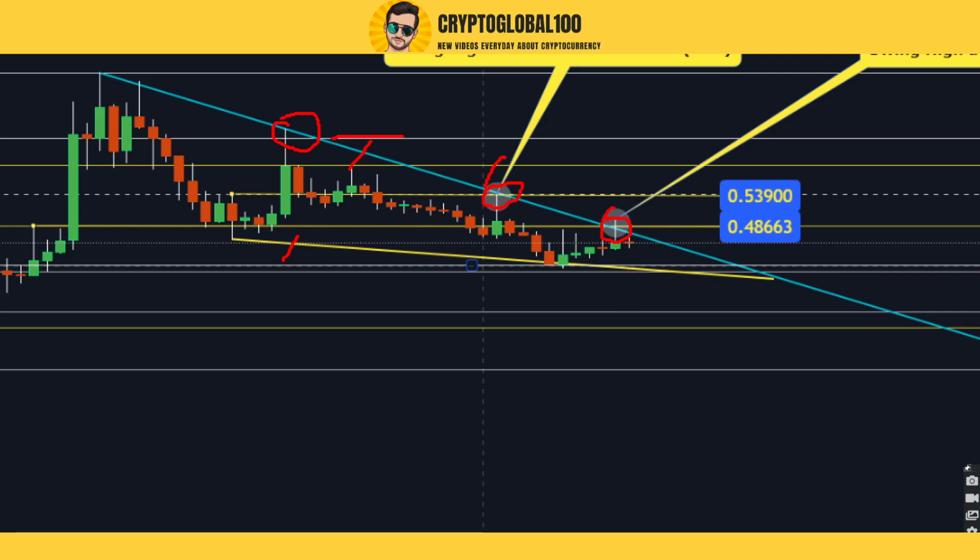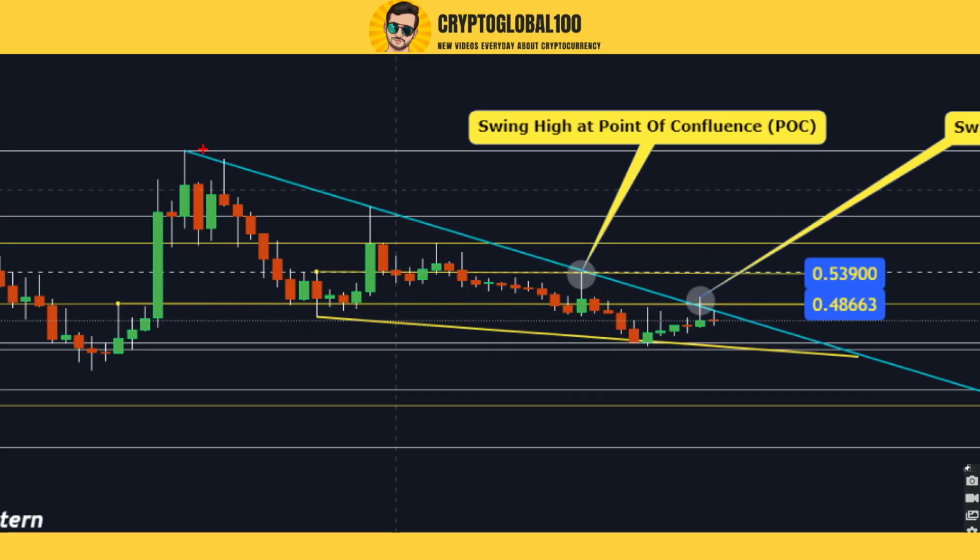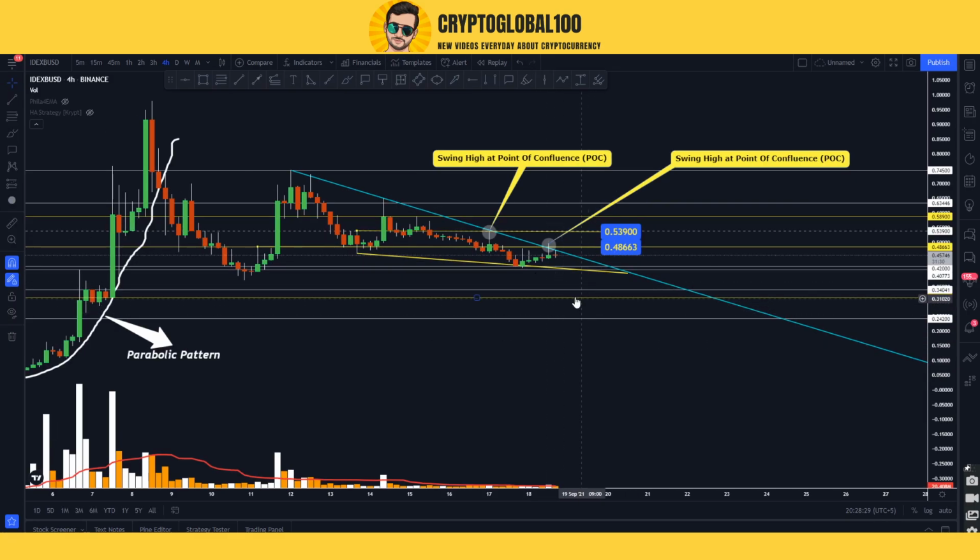rejection from here. The price is making swing lows and lower highs, 1, 2, 3, 4, 5. So price is going lower and lower over time. You can see every time price pushes, it makes a lower high. Every time after a push, we see a lower high. Again the price, now at this phase, the trend has changed a bit, but